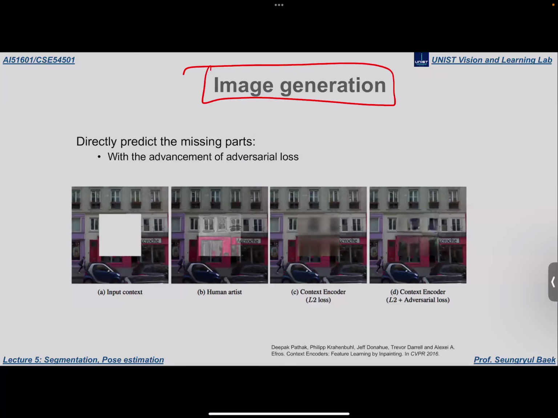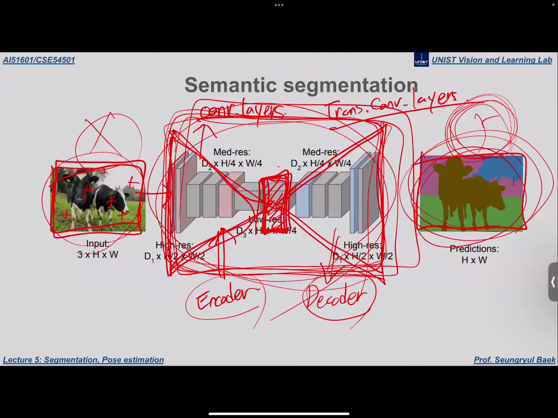So people are becoming interested in generating real images now, rather than this type of segmentation map. In here, the map can have only